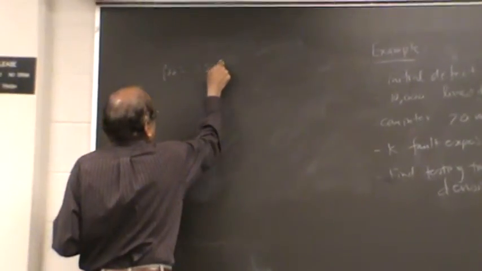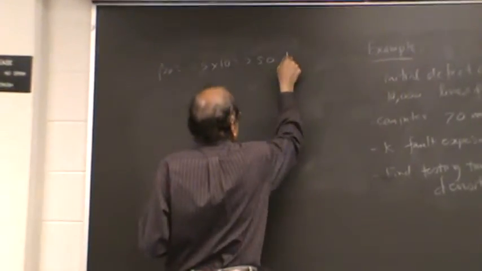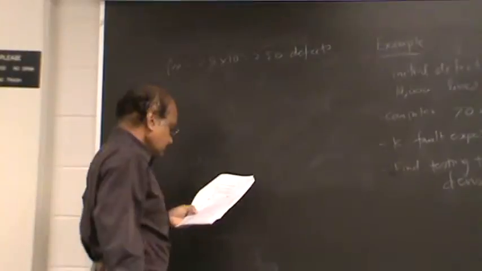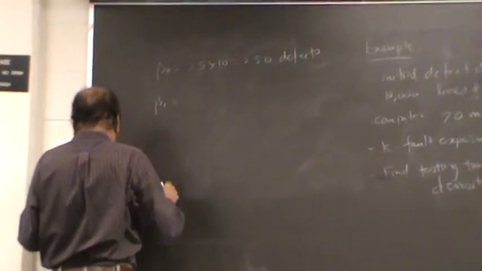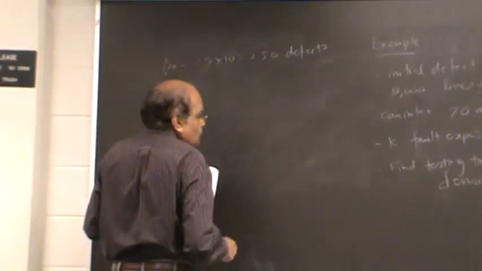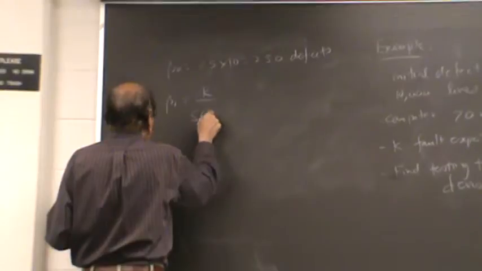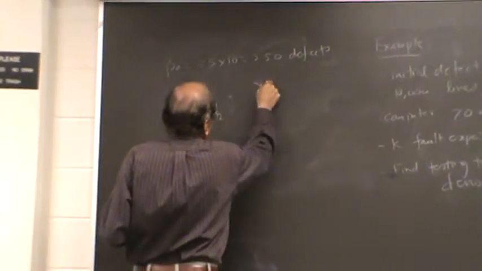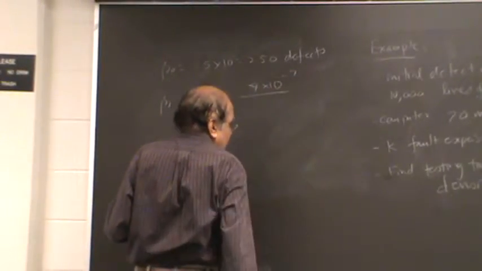So 25 by 10, your initial estimate is 250 defects. And beta 1 is equal to K divided by S Q times 1 by R, and it is given by 4 multiplied by 10 raised to minus 7 divided by